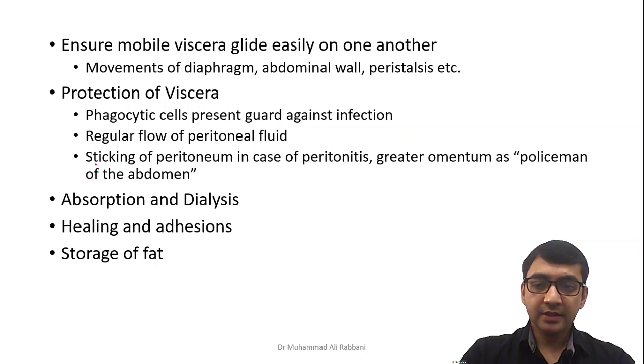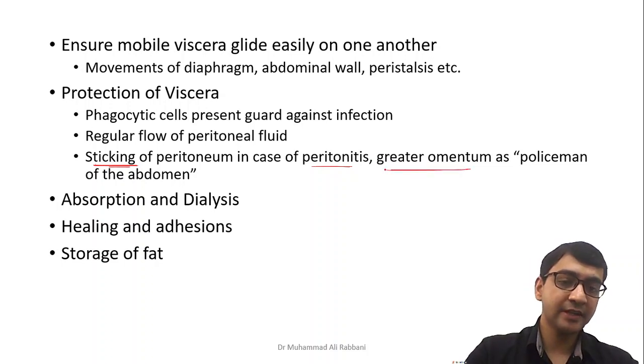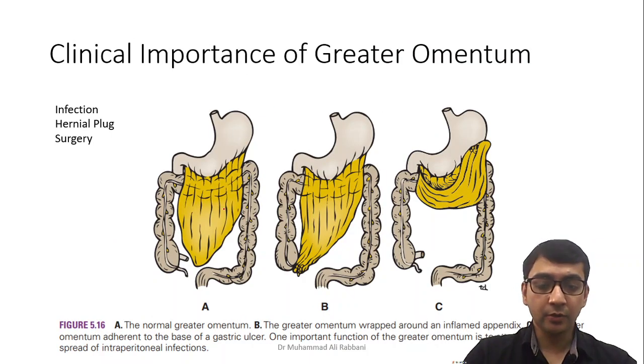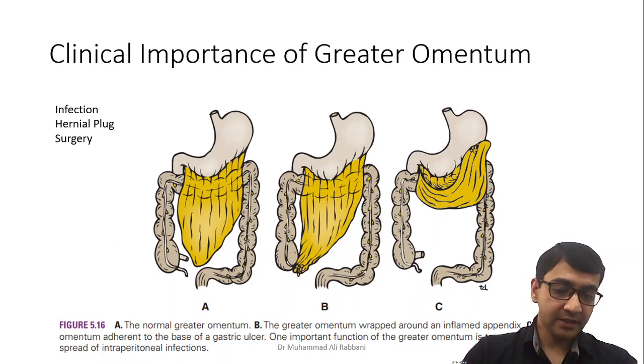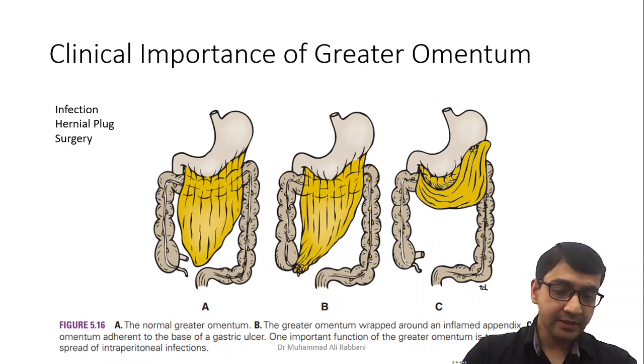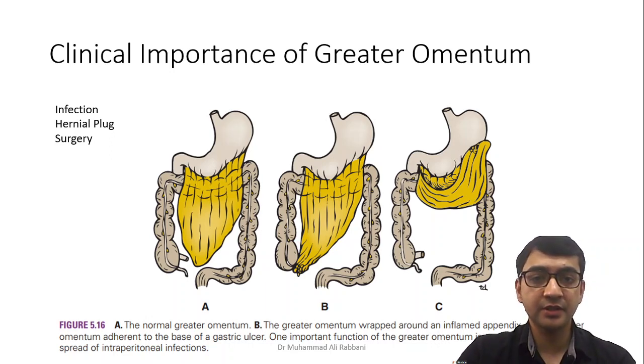And it has a very interesting property: whenever the peritoneum is inflamed, whenever there is peritonitis or any inflammatory or infectious disease, the peritoneum becomes sticky. When the peritoneum becomes sticky, it helps seal off various areas. A very good example is the greater omentum. You saw that it was apron-like and free to move about. When there is an infection, for example acute appendicitis, this peritoneum usually tries to get stuck. When it gets stuck, it seals off the spread of infection and prevents bigger harm.